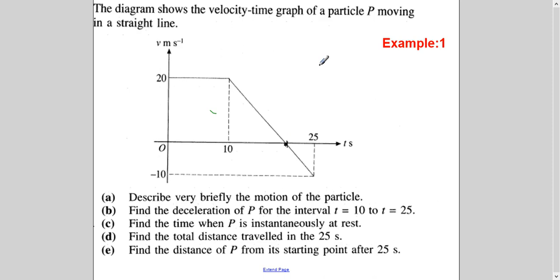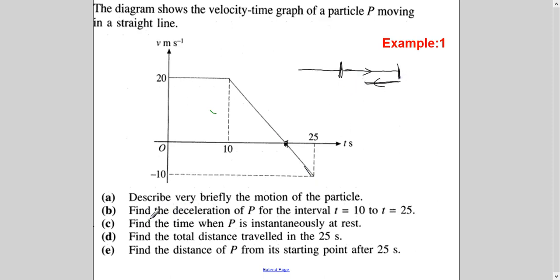If I explain to you on this straight line, what is happening here and here, you are going with constant speed till 10 seconds. Then you are slowing down, and then you stopped here instantaneously like this, and then you move back. This is the meaning of this portion. And then you are speeding up here, because the magnitude is increasing here. Negative means in the opposite direction.